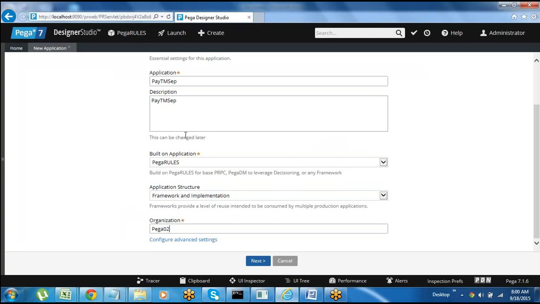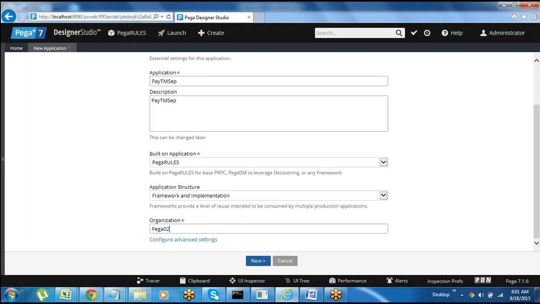Your application structure will be framework and implementation. In detail, I'll tell you in the coming sessions, when discussing classes. Pega will create everything in the backend basically. Yes, tell me.